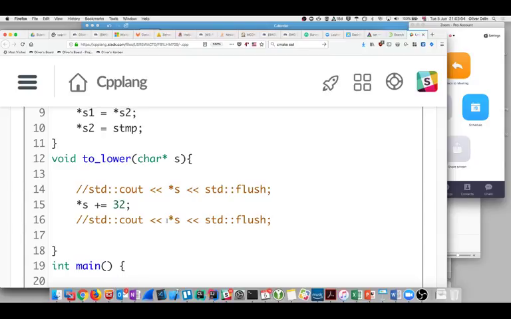So I'm dereferencing the s and plus equals, so that will be same as star s plus 32. 32 is the difference between lower and uppercase character. So if it's a lowercase a, it adds 32 to it to skip it up to the value of uppercase. So the 32 will be added to, let's say uppercase is 65. So 65 plus 32 should give us